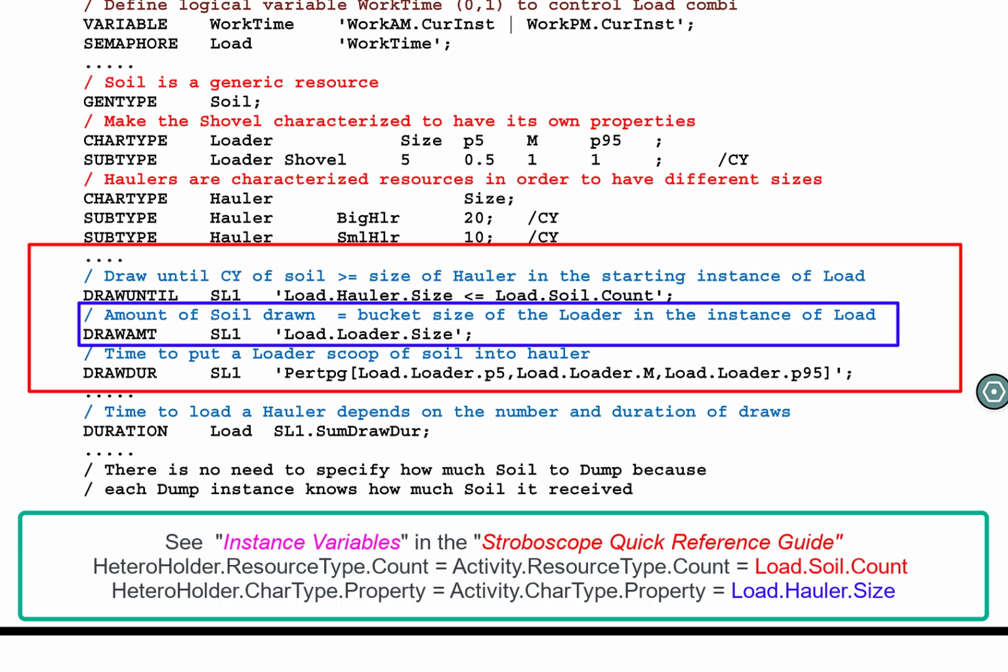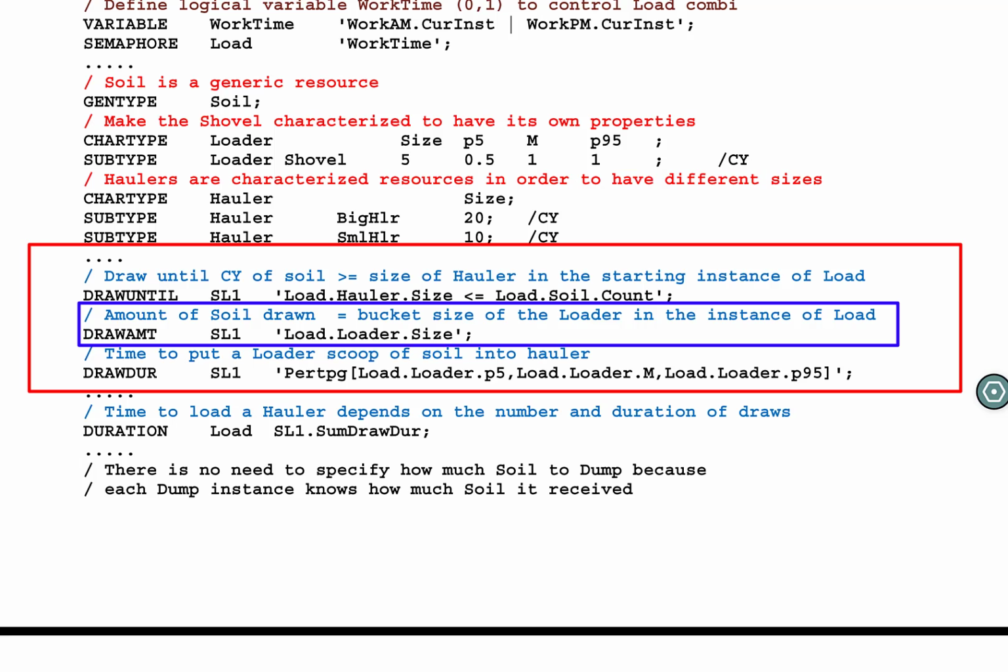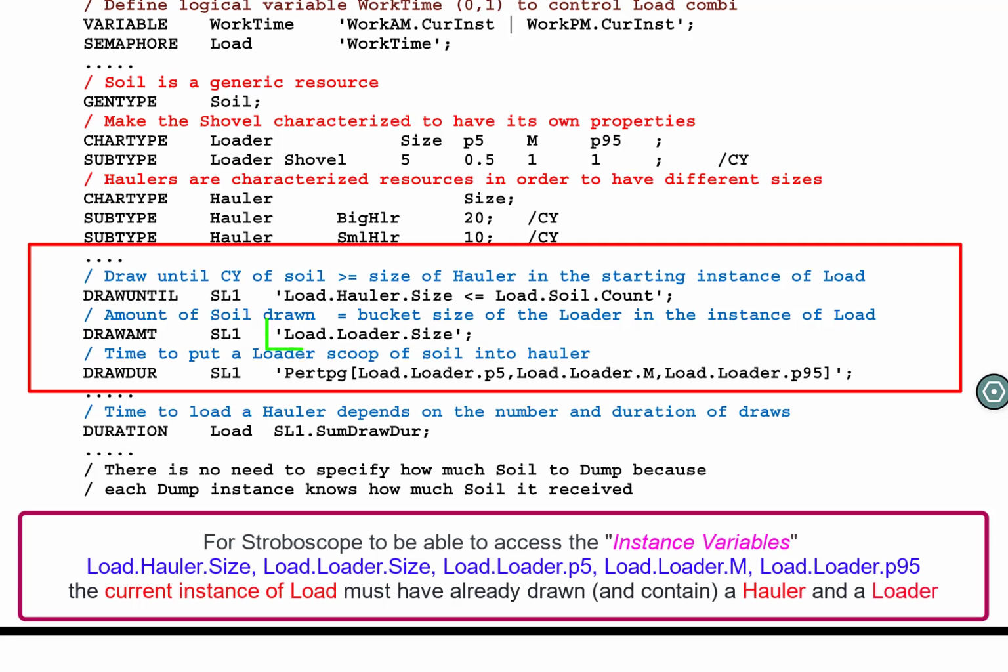Each one of the draws is determined by the statement draw amount SL1, which requires that we have access to the size of the loader in load. Again, for this statement to make sense, there must be a loader in the instance of load that is currently starting, so we can actually look at its property size and determine that the size of the loader in load is 5 for 5 cubic yards. Each time SL1 draws, it will then transfer 5 cubic yards from the preceding soil queue to the new instance of